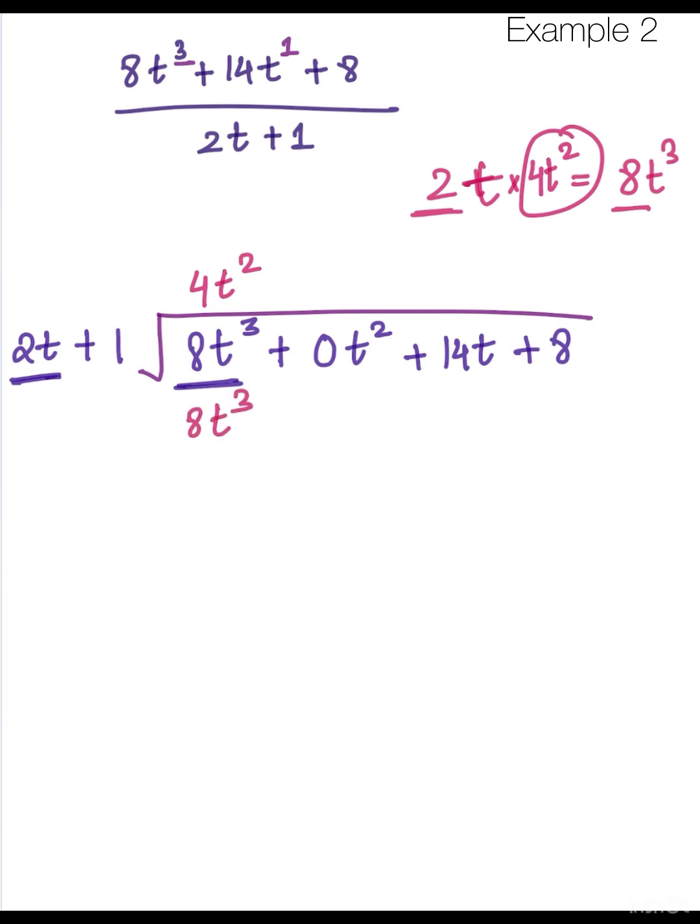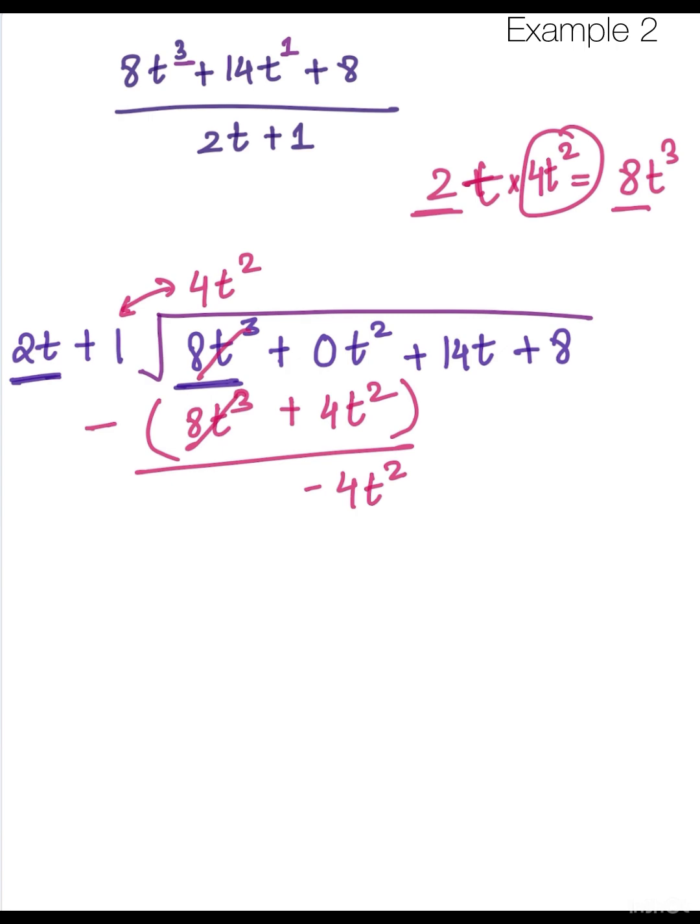Then I go to the second term of my divisor, which is 1, and multiply these two, and we'll write that below my placeholder. And now we know we subtract all of this to get the resultant and to continue the division. This will be minus 4t square plus 14t